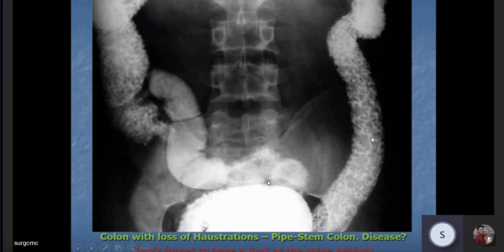Barium enema, logic is very simple. You put the dye per rectum, dye will go up to the cecum. In a competent ileocecal valve, it cannot cross. Isn't it? আর তো কিছু নেই।